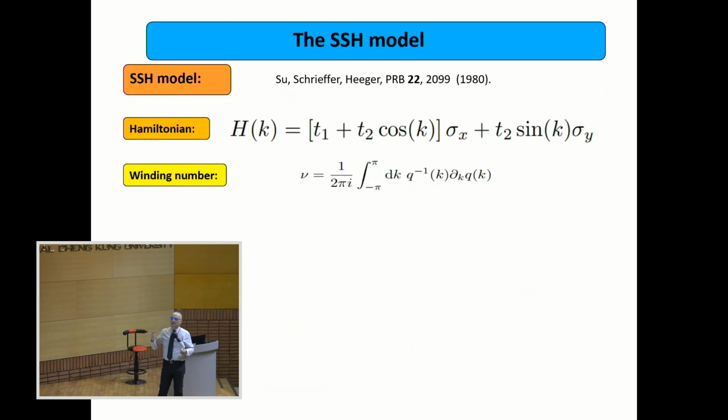Now the Su-Schrieffer-Heeger model, which is very popular to study topological phase transitions. There is some kinetic energy